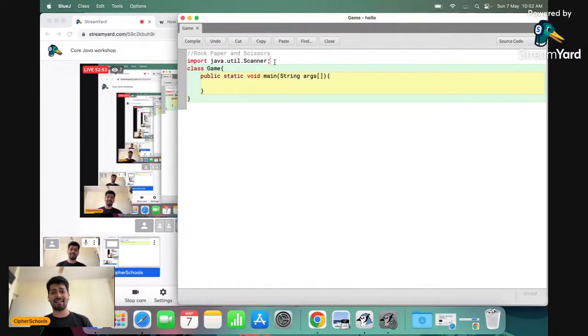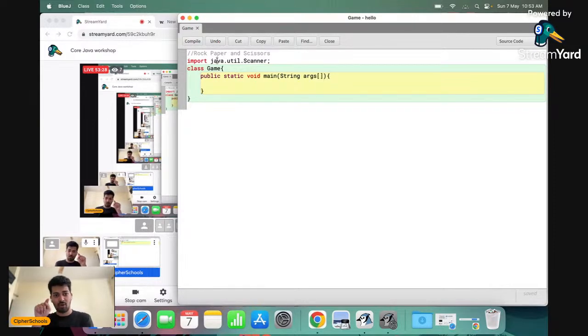So that is my Scanner. It is exactly like taking the maths book from your library, getting into a specific chapter and learning or using a particular concept. Utility has a lot of concepts, but we are going to be dealing with the Scanner. These dots are used to go deeper inside the book: look for a Java book, go inside util, and then further go inside Scanner.